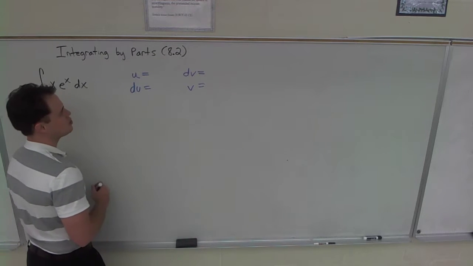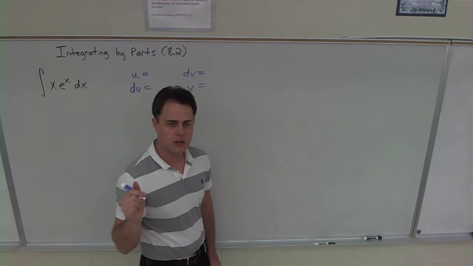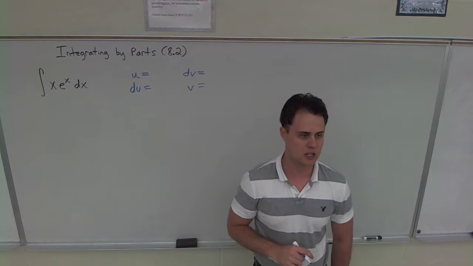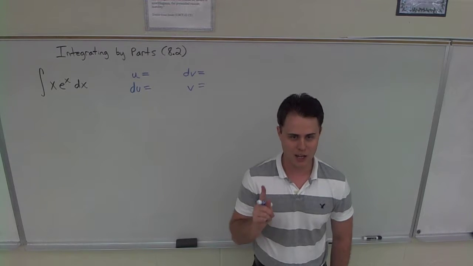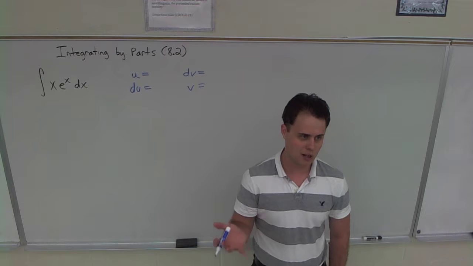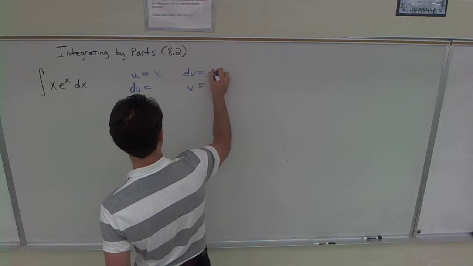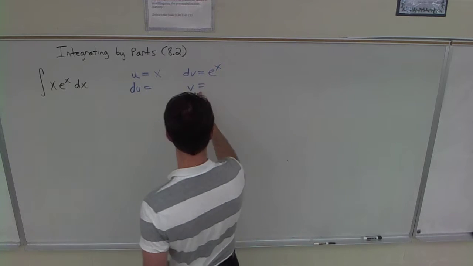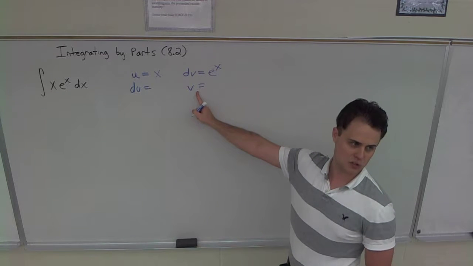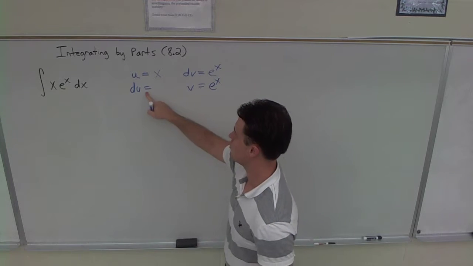Why turtles? So, which one of these things is going to die? Because we can integrate them both, but which one of these things is going to die off if we start taking its derivative? Only one of them. X. E to the x, if you take its derivative, it's just going to keep being e to the x every time, no matter how many times. So let's try that. This is x. This will make e to the x. So the integral of e to the x, it's the nicest function out there, right, is e to the x. The derivative of x is